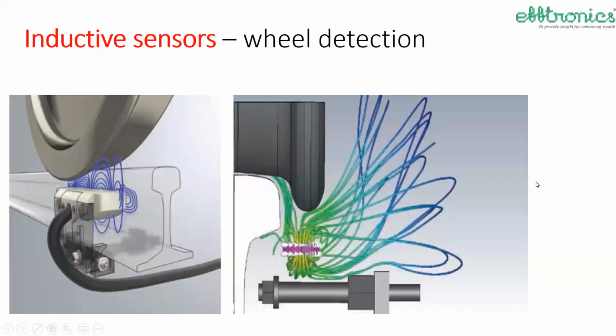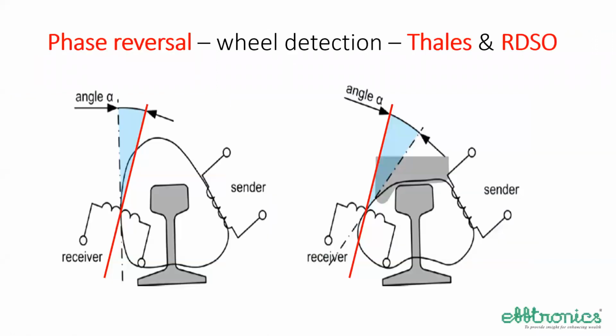Yeah. These are inductive type of sensors. You can see the previous diagram. The transmitter and receiver are on both the sides. On one side, the left, it is the sender, and the right side is the receiver. The receiver is inside the track. You can see the wheel passing and cutting the